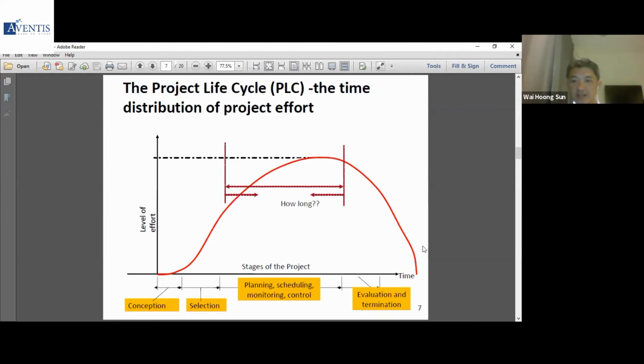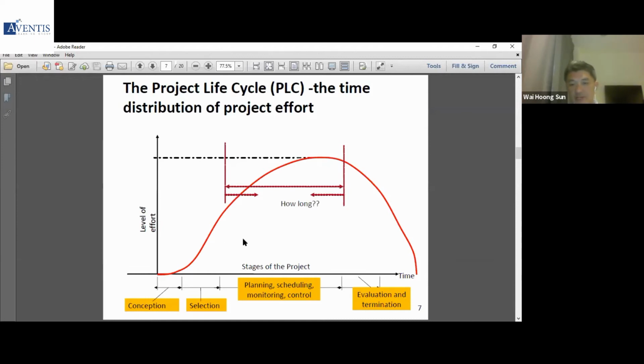So if you look at this curve here, this would be the amount of effort that is needed. Intuitively, most of us would think that at the beginning of a project you do not need too many people, because a lot of times it's coming up with the required paperwork, a lot of thinking, a lot of research. But this level of effort will grow and of course reach its peak somewhere in the middle, where you need quite a big team of people